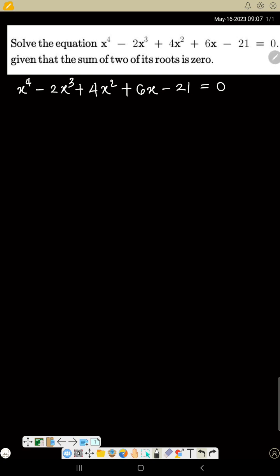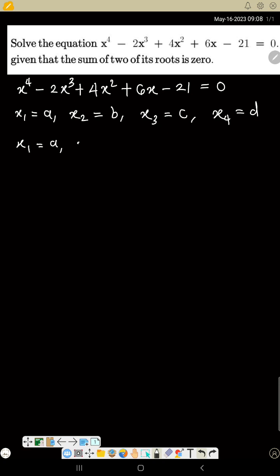Now what does that condition mean? For this question with power 4, it must have 4 answers. So it must have answers like s1 equals a, s2 equals b, s3 equals c, s4 equals d. But the condition is that the sum of two of its roots is 0, meaning let's say